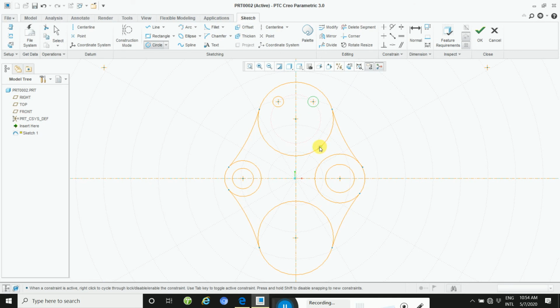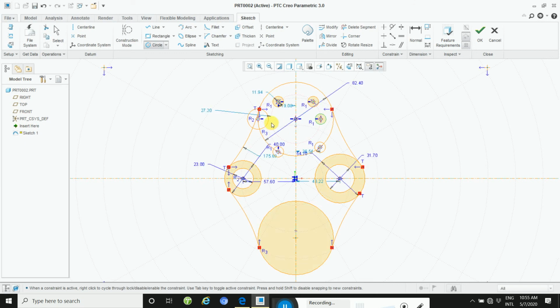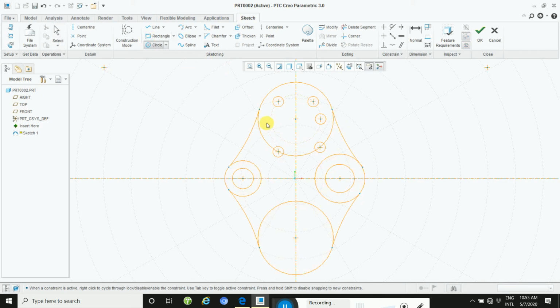This way. So delete this inner circle and draw one circle, take a circle and draw this circle.